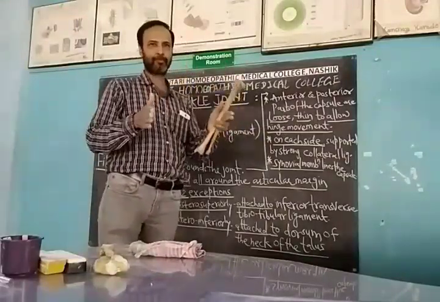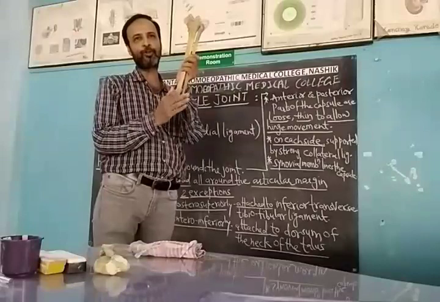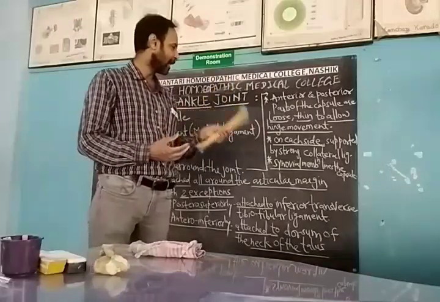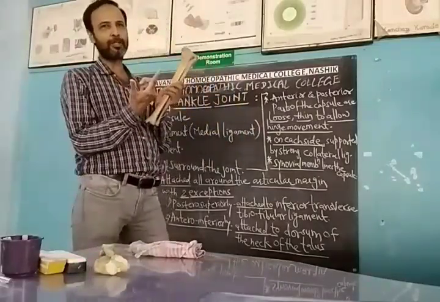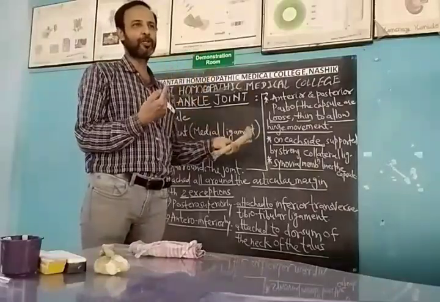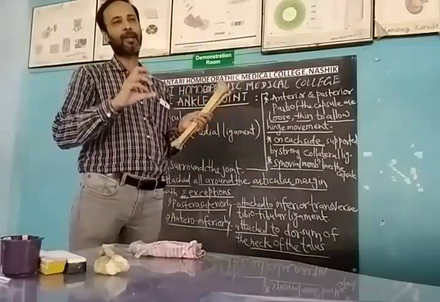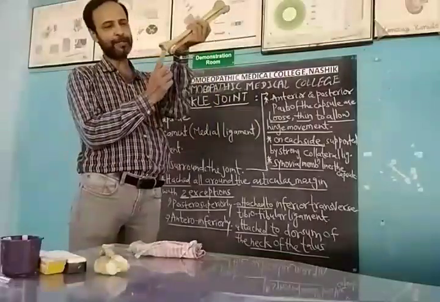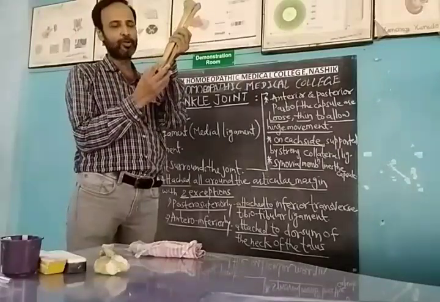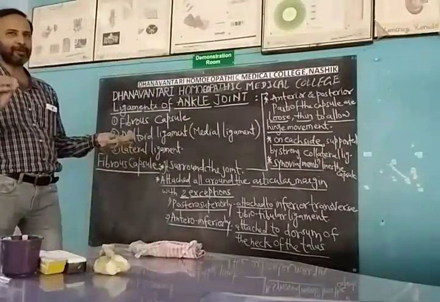Next, because the capsule is loose anteriorly and posteriorly, on either side, lateral and medial, strong collateral ligaments are attached. Strong collateral ligaments support this joint. And because this is a synovial joint, the synovial membrane lines the inner aspect of the capsule. The synovial cavity ascends up to this deep socket, the articular surface here, and is filled with synovial fluid. So these are the characteristics of the fibrous capsule. These are the 5 points.